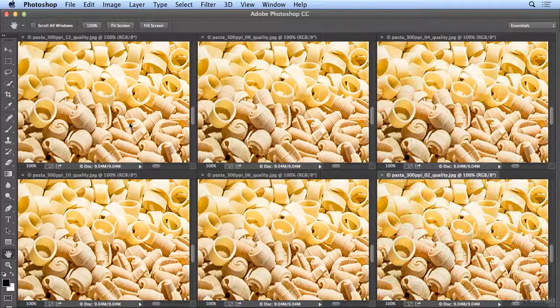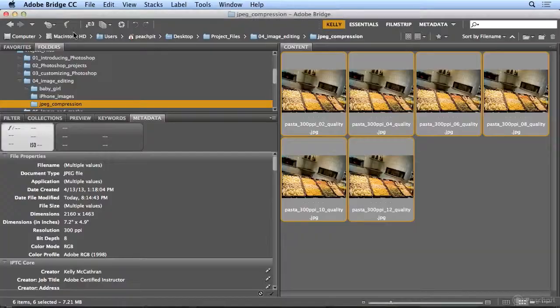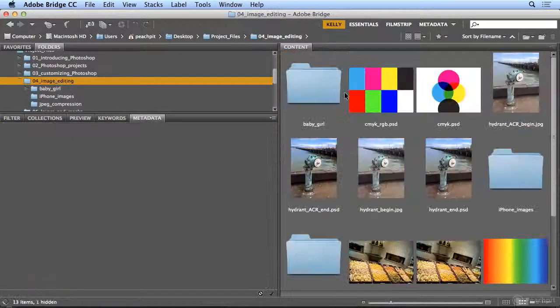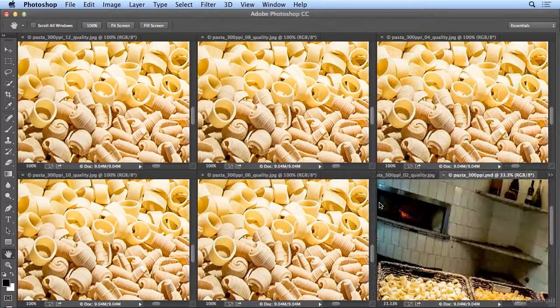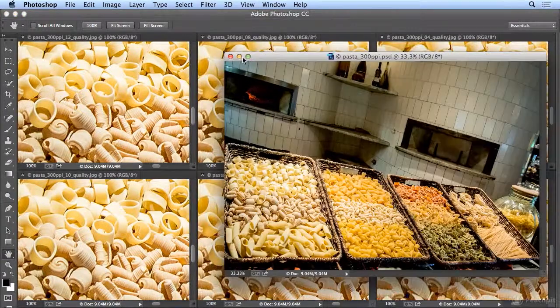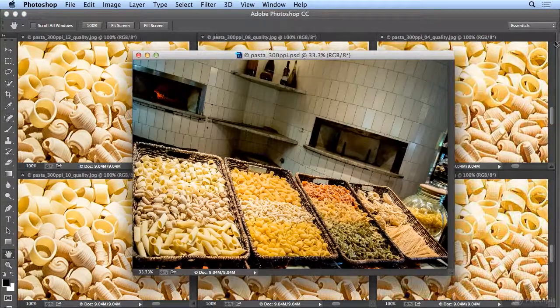So when I get a JPEG, the first thing I do is put it in an uncompressed format, .psd or .tiff. So here's how I do that. If I come back to Browse in Bridge, I left the original .psd in the Lesson 4 folder for you. So the Pasta 300 pixels per inch PSD is what I'm double-clicking to open. And I'll actually bring this up so it's a floating window, and it will get large just so I don't mess up the ones in the